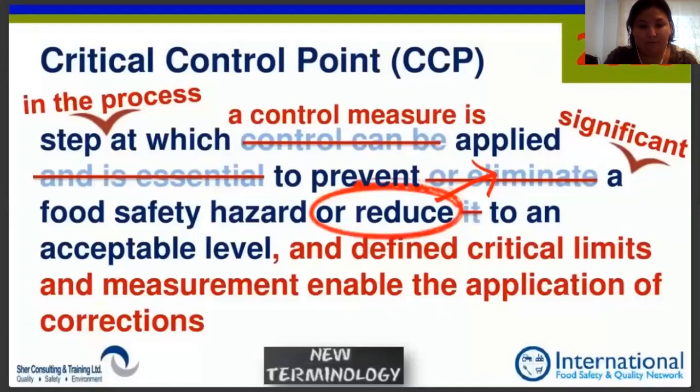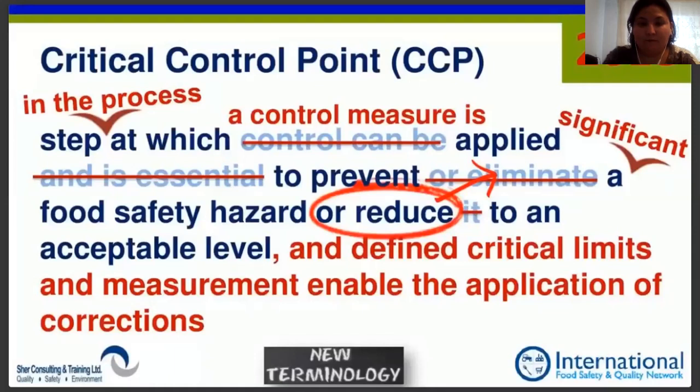However, for a sieve, we don't use defined critical limits in measurement. We use the judgment if the sieve is intact or not. So what we'll do is, when monitoring a sieve, we'll do a visual inspection and look at it and say, okay, well, the sieve seems to be fine. It's perfect. I've looked at it and I just write in my little notebook, the CCP is under control. And we do this once a shift, once an hour, once a day, whatever frequency we've decided to do it. Well, now we can't call that a CCP anymore.